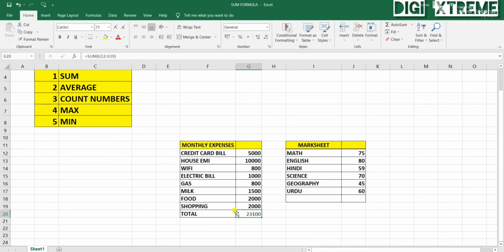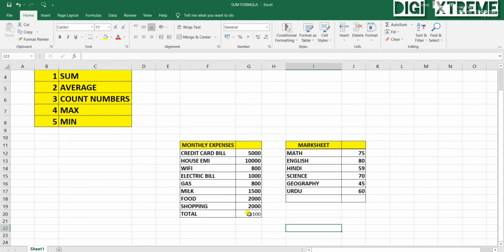Now you can see I have got the total of my expenses. This is one another way. You can simply do one thing. Just select this total. I have to calculate all till here. Now go to this. There is a sum. Click on sum. So you can see it will give you the result, the total of your monthly expenses. This is also a shortcut way.